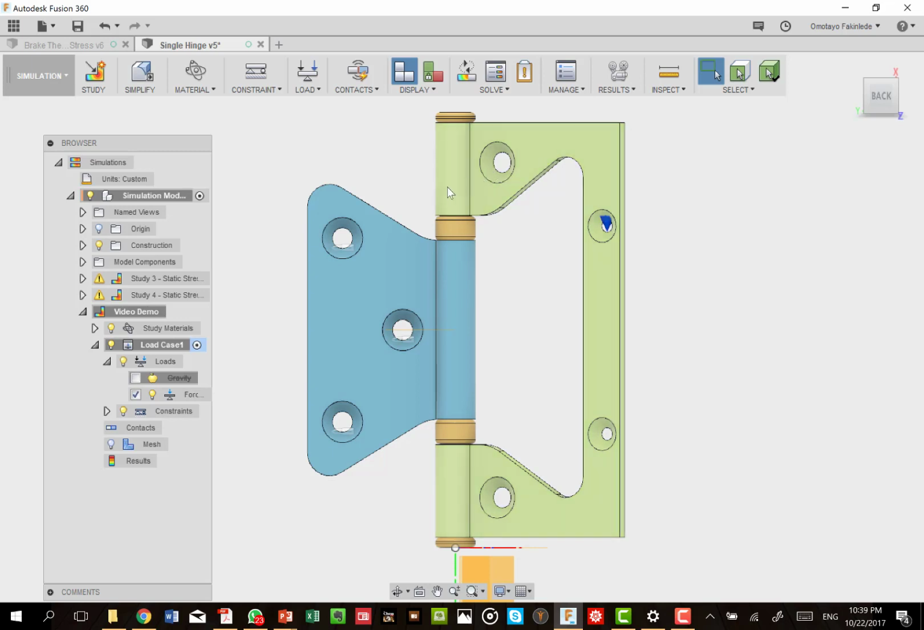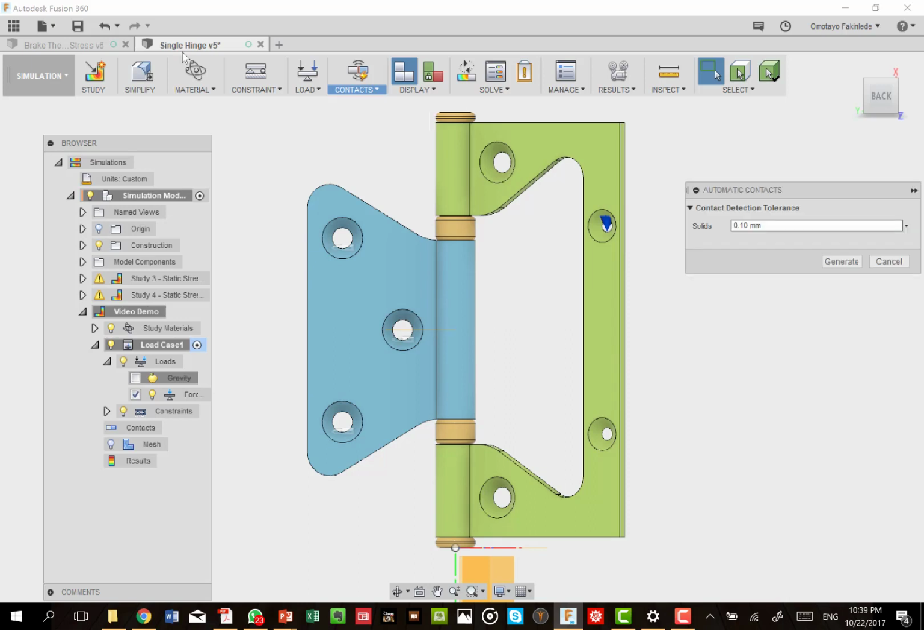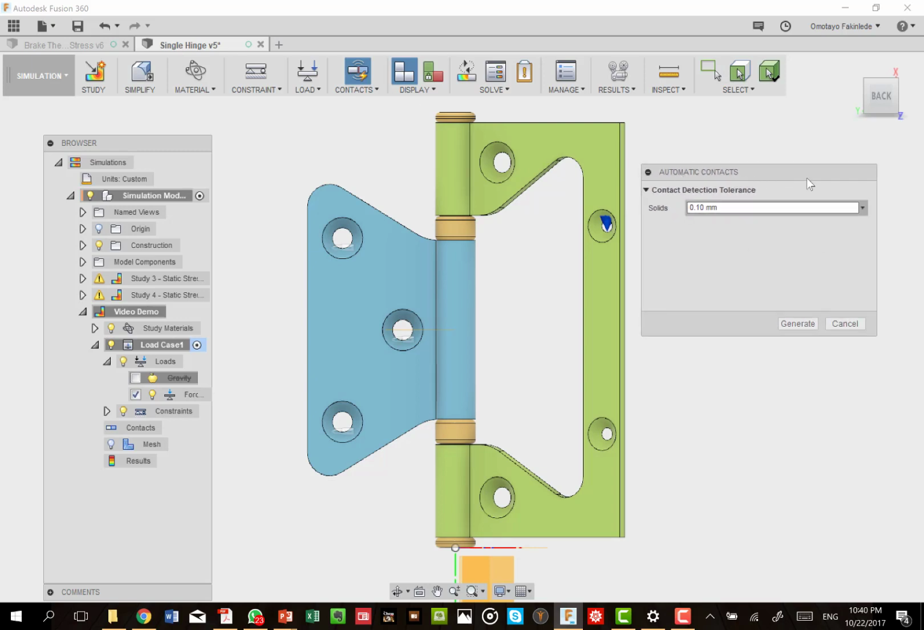So we have done the meshing description. We have done the constraint. We have given the loads. After doing those 3, the next thing we need to do is to look at our contacts. The easiest way to go is to look at the contacts and ask it to automatically generate the contacts. Now, once you tell it to generate the contacts, it presents you with this menu, which is